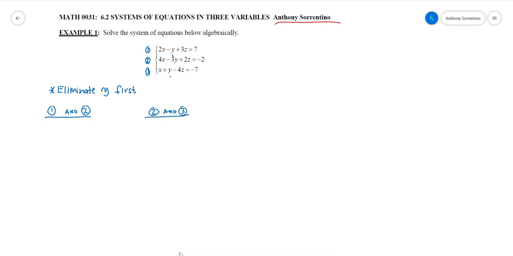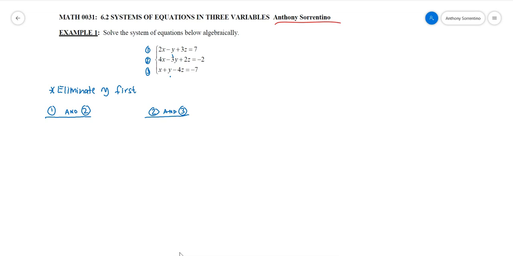Now again, these are what I chose. I could have chosen to do 1 and 3. Matter of fact, it might be a little easier in some cases. I'm just going to try to show you that there's different routes you can go, as long as I pick a combination of two of them and I have two different combinations. Now, obviously one of them is going to get used twice in one of these, more than likely, and that's okay. I'm just trying to find ways of relating two of the equations at a time together to eliminate a